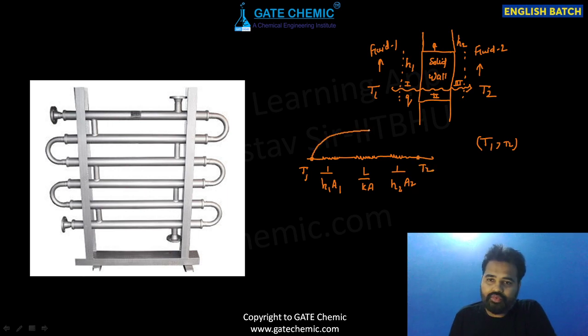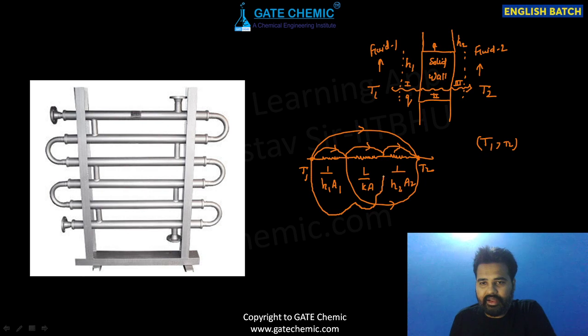Now if you want to check the rate of heat transfer, you can join two points: if you know the interface temperature, or if you know these two temperatures, you can join like this. In any manner beta, you can join two points and calculate the value of Q. By all techniques, by all ways, if we are talking about steady state, the rate of heat transfer will all be the same.